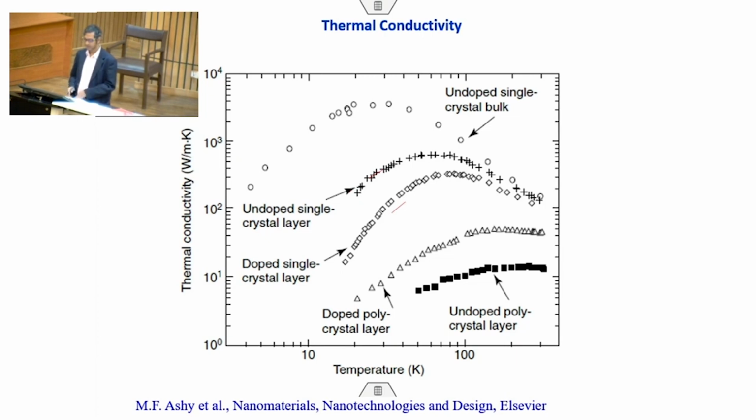So, the grain boundary will act as a scatterer on top of the multi-layer scattering. It is an additional scatterer. Multi-layers, each layer will be acting separately. So, the interface between the layers will act as a scatterer, and within the layer you have polycrystalline grains. Those grain boundaries also will act as a scatterer. Am I clear? So, overall, the idea is to take different approaches to control the phonon transport in various regions